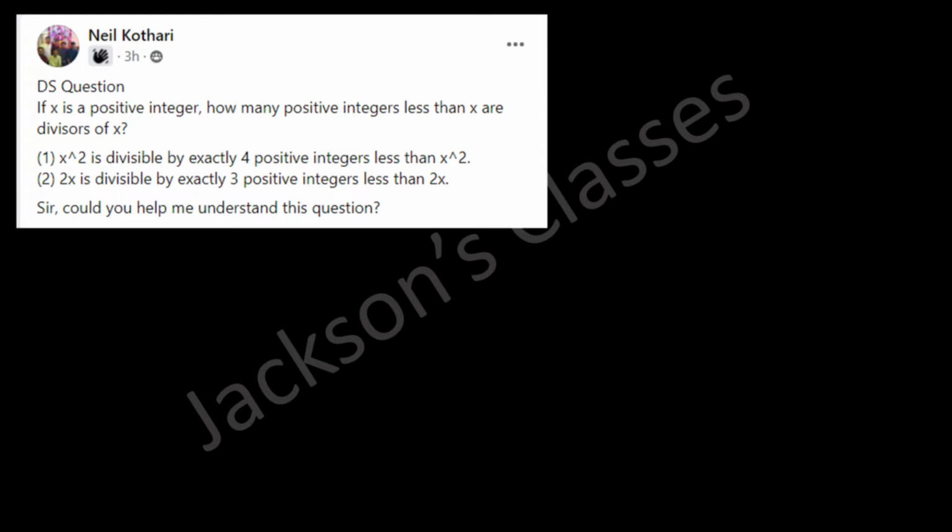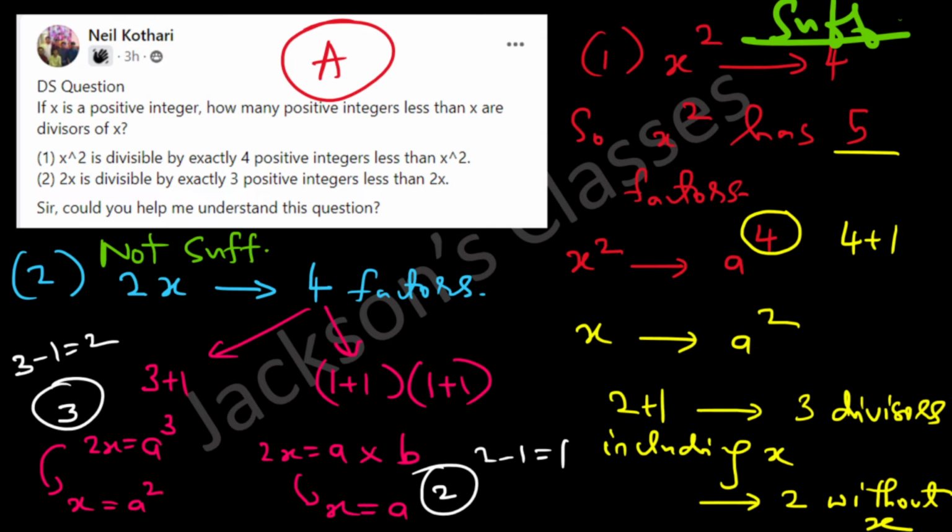Now let's try to solve this question. So over here I have the solution. Let me try to explain it to you. Let's first try statement 1 alone. It says x square is divisible by exactly 4 positive integers less than x square. Alright, so what does this mean? This means that x square has 4 factors. Now over here it says less than x square, so excluding x square, that is excluding itself, x square has 4 factors. So if we include x square also, then x square will have 4 plus 1,